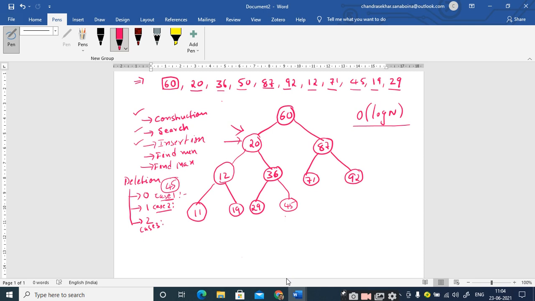For example, if you take real life, if a king is to be replaced, and the king is having 2 or more sons, he should find one efficient son to take over the kingdom, right? Similarly, in this case also, if the node which you are going to delete is having 2 children, you should find the efficient node to replace the deleted node, right? So how do you find the efficient element? There are two ways.